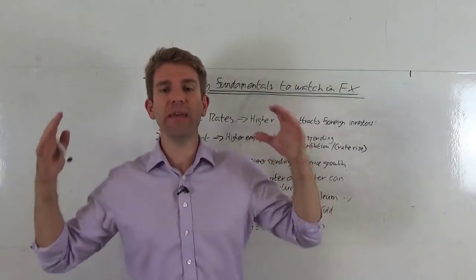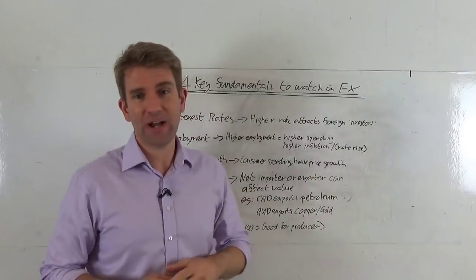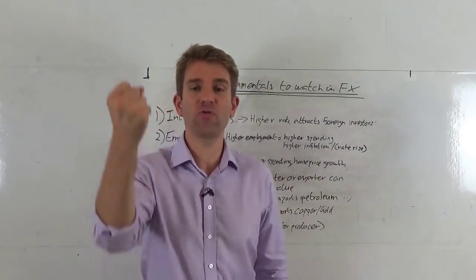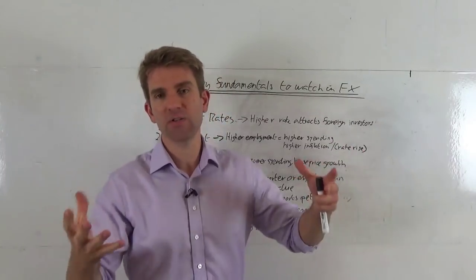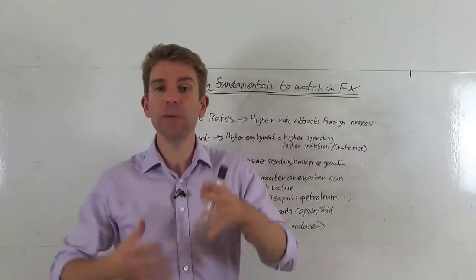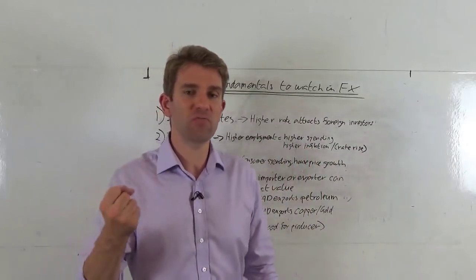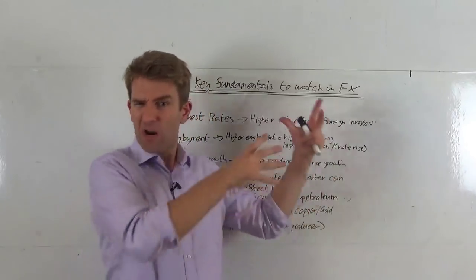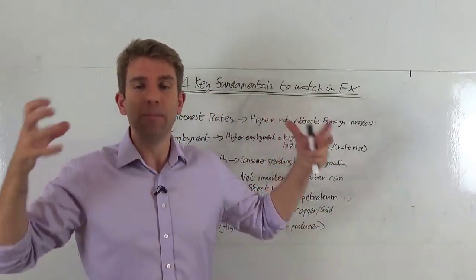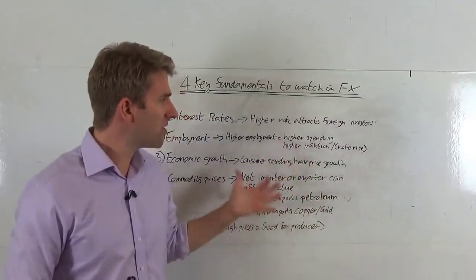Interest rates is the biggest one, I think. Higher rates generally attract foreign investors. So the interest rate, obviously, of the country that you're trading, the US interest rates, whatever the central bank has set the interest rate at, ECB for euro, Bank of Japan for yen, etc. Generally speaking, these are all kind of broad theses. Sometimes things change slightly and adjust, but the higher the interest rate, the more valuable the currency, because it will